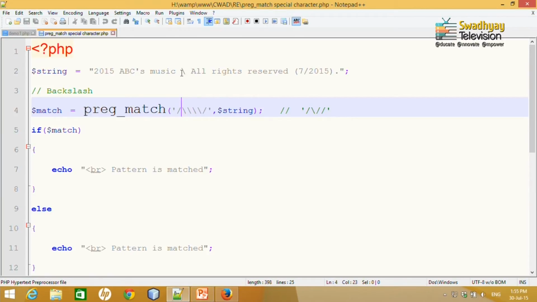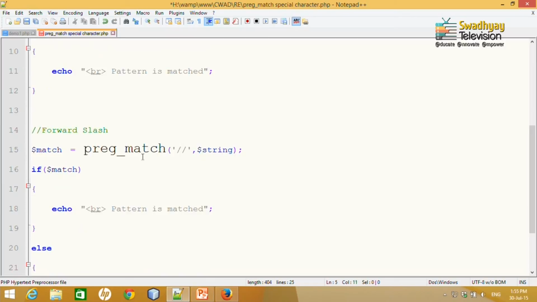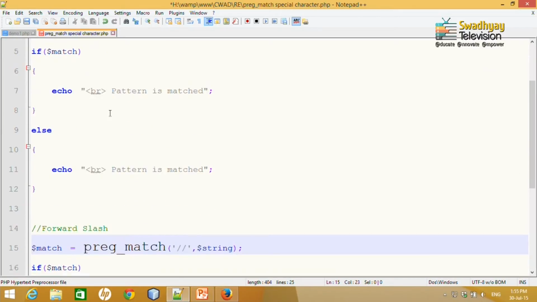If I type a backward slash only once, then it will be interpreted in another way, because a single backslash has a special meaning, so it will not match. If I use 2, then it will be considered as 1, but again, to represent a backslash as a backslash, I have to provide 4 backslashes. So now it will match the backslash. Same way for forward slash: as forward slash is used to mark the pattern, you have to use 2 code. So now both should be matched.